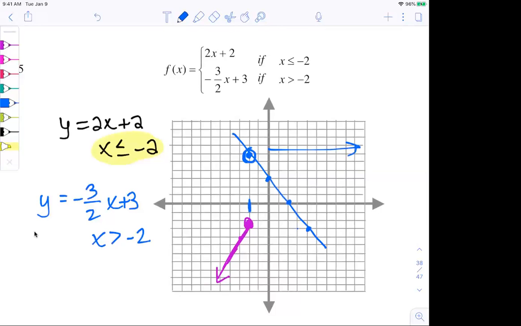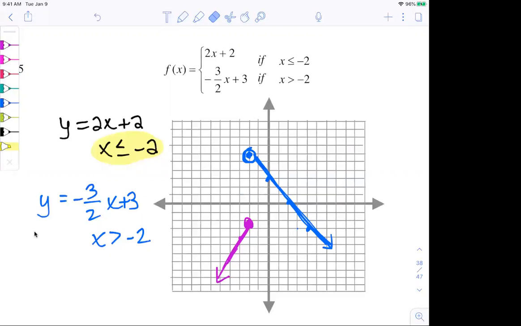I know you're saying, yeah, but that line is going down. But x doesn't go down. X goes left and right. The x values that move to the right are the right side of this line. So now I have my piecewise function. Make sure when you look at your graph that it is a function. It passes the vertical line test. If I have a line going this way, whoops, that means I kept the wrong side of the line because that graph isn't a function. So when you're erasing the piece of the line, make sure you're erasing the correct piece. Is it the left versus the right?